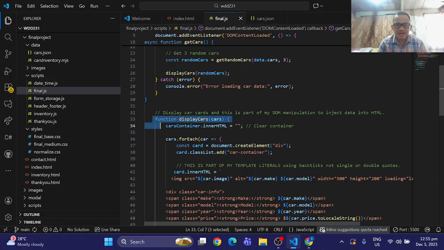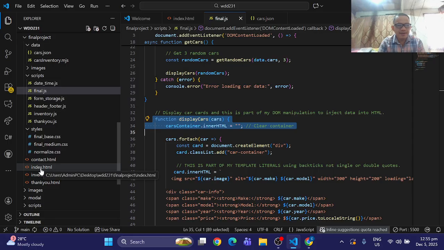But I am also using this function to make sure that the container in the HTML becomes cleared, or the values in that HTML are disabled. For example, here,